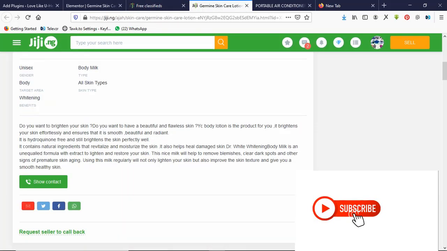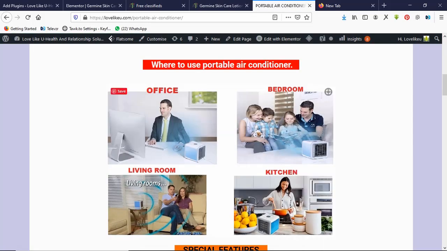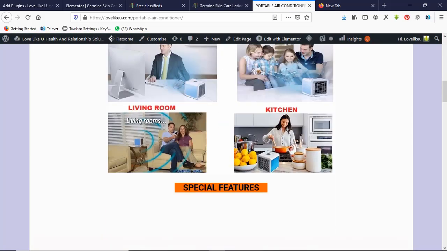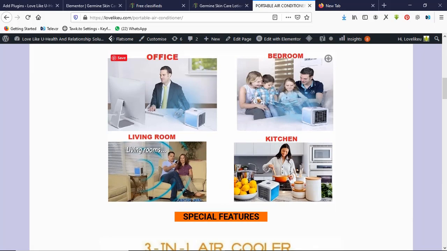It contains a natural ingredient. If it's your own personal product, like I said, or you have a product that has a lot of features, you can use them. So please use it so that it will explain to people more. You can see this one based on what I'm selling. Now, it can be used in the office, bedroom, living room, kitchen. So if you want to add a picture like this, I think this one is only one picture. I just designed it. But if you want to add many pictures on the same